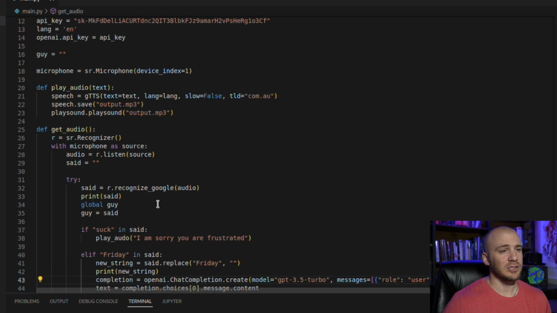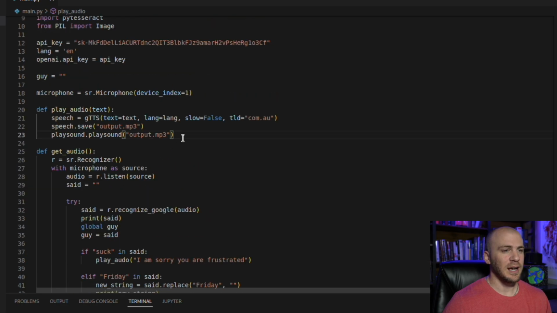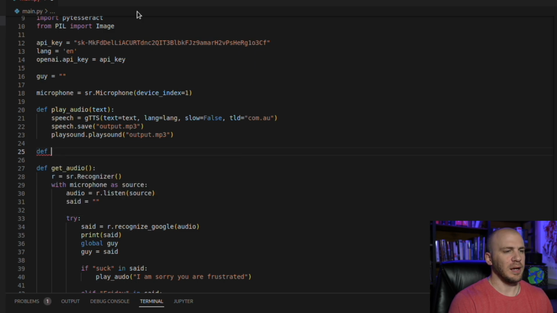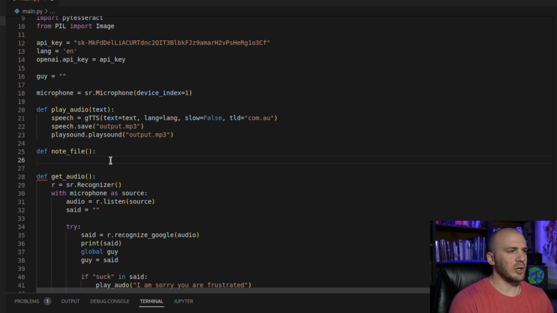So what we can do now is we have all of this working. We're going to need to actually start by creating some more functions at the top. And we want to first just start with creating a note. And so it's going to save our notes to our desktop in a text file. So we can just call our function note. We'll call it note file, just like that. And we're going to need to tell it with open, so that way it will open our file. And we're going to tell it we want to open the file through the file path that we're going to give it here in just a second.